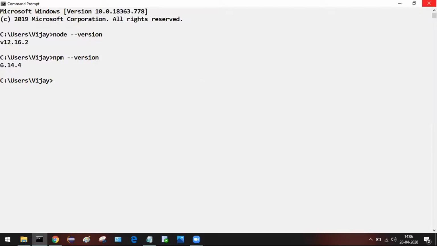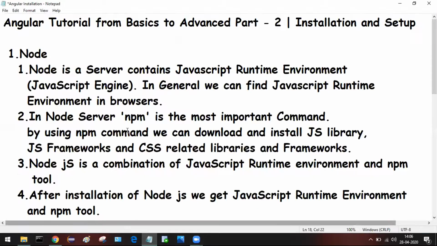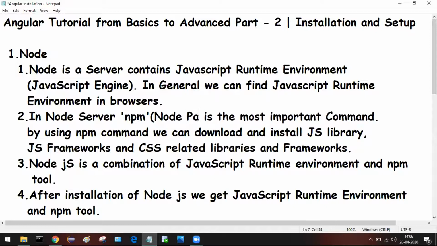Done, and we have successfully installed Node in our system. And we have got two things, that is the JavaScript runtime environment and npm, the Node Package Manager.